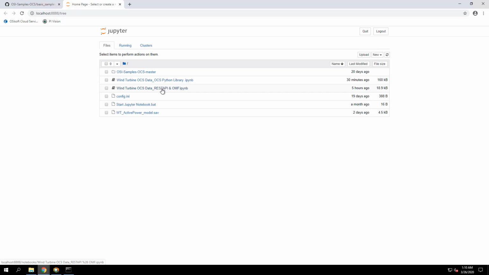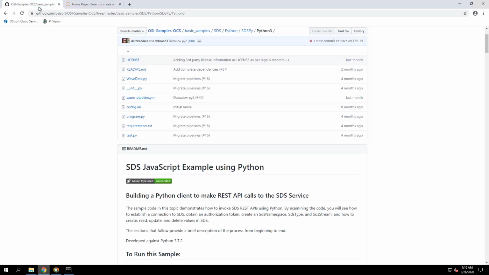So you can use the API console to help you figure out the queries, the URLs to use. But again, for this lesson and throughout the rest of the lab, we're going to concentrate on the script which uses the Python libraries, which OSIsoft provides on GitHub. In Appendix D, you can find the link for the GitHub library.